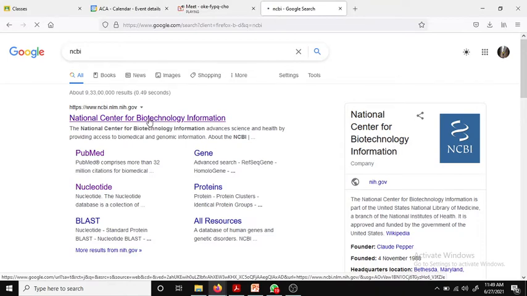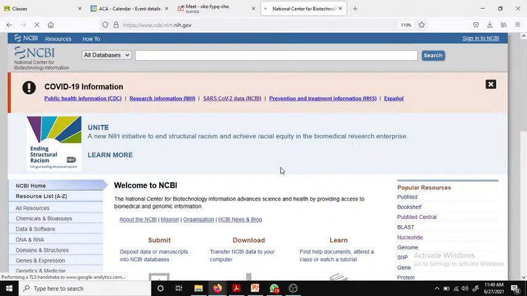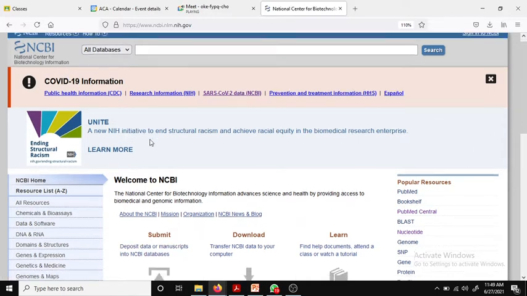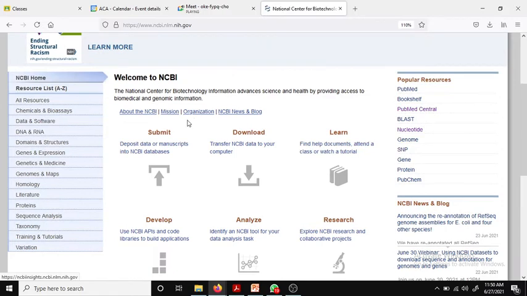So what happens with these databases? It's a database from the United States National Library of Medicine, and the long form of NCBI is National Center for Biotechnology Information. If you see the complete page, there are a lot of different databases and resources, like chemicals, bioassay data and software, DNA and RNA, domains, genes and expressions, everything, homology.